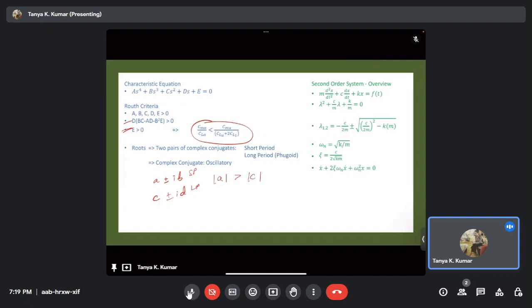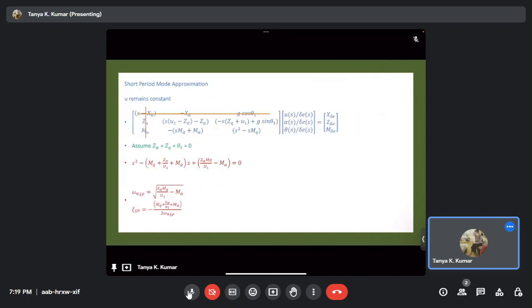So you form equations with each pair of roots, compare it to a typical second order system, and then you get your natural frequency and damping ratio in each case. Alright? Then we had seen some approximations. So you have a short period mode approximation where you assume u, the velocity u, to remain constant. What happens then is that the first row and the first column can be neglected, and so you get